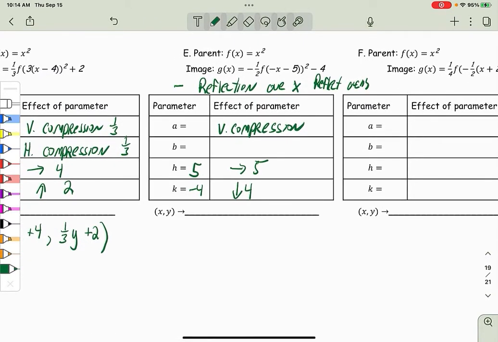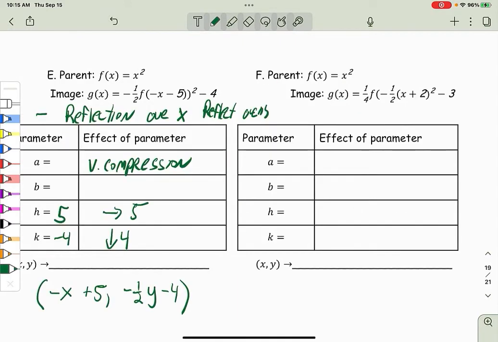So my x value is going to be simply -x plus 5. My y value is going to be -1/2 y minus 4. And for our last one, again, my a value is 1/4, which is a vertical compression. My b value is 2,